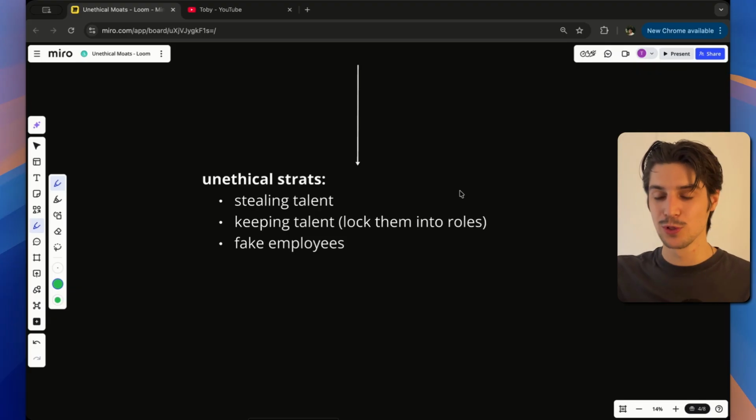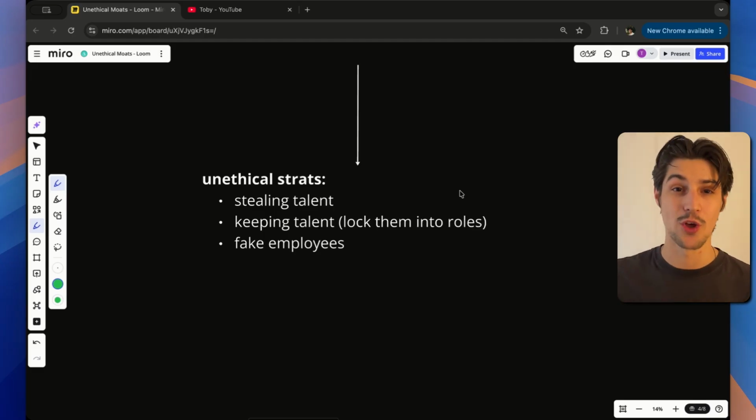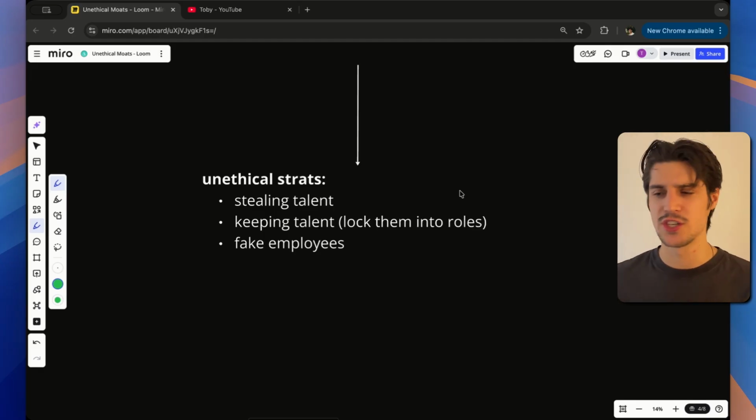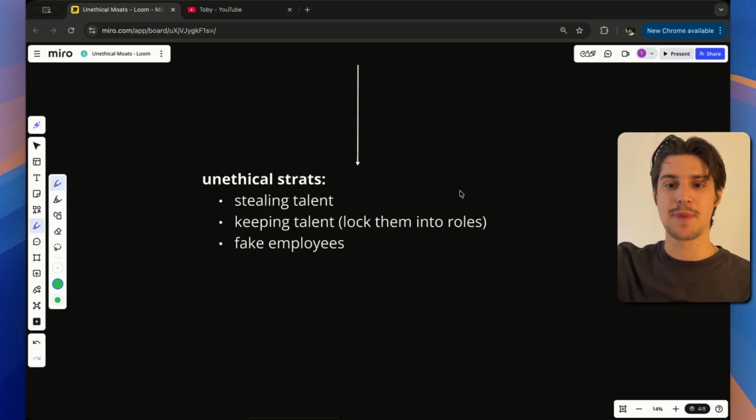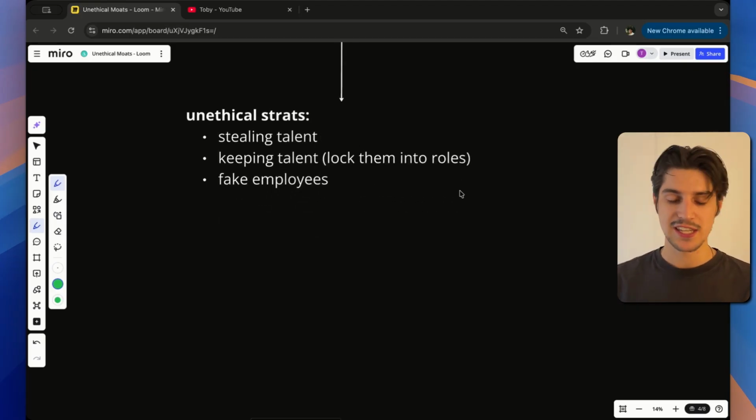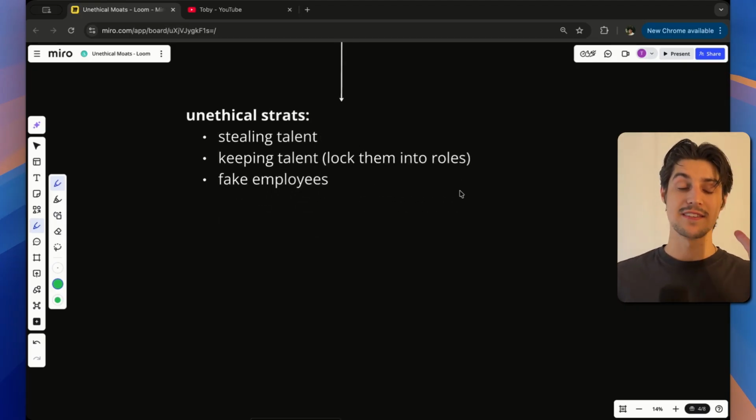And just with that, you lock him in to work with you for an extremely long period of time, compared to if you don't do that, he's just a random consultant, and the next big opportunity is just going to leave you. And the last one that you need to be careful of is fake employees.